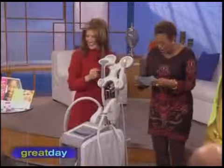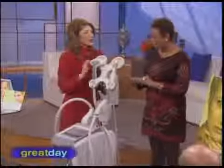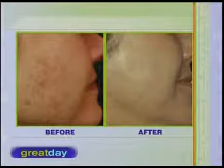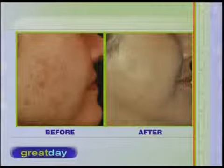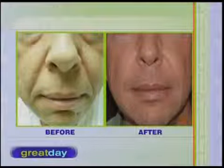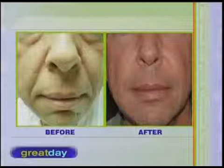That's right. That's right. Okay, the Pearl. Tell us what that is. Well, the Pearl is one of my most favorite procedures right now because with just 1 to 2 treatments, and most people, well, 100% of patients, I should say, notice a result within just 1 treatment. And what you're seeing is sun damage, large pores, fine lines, wrinkles, all gone within 1 treatment. Wow. You have only a 72-hour social downtime where you have some redness, where you have to take care of the skin. I love that, social downtime. Social downtime. So no cocktail parties, but everything else is okay. You can still clean those closets. But it can be used on skin types 1 through 5, and you know, you can...